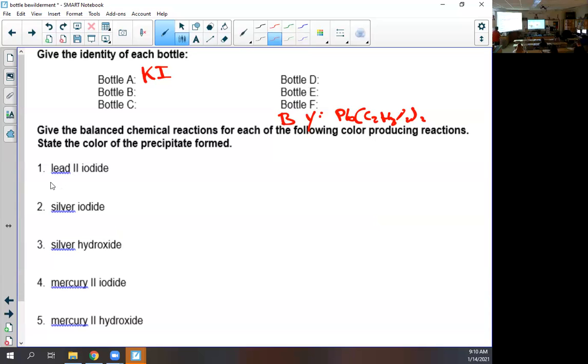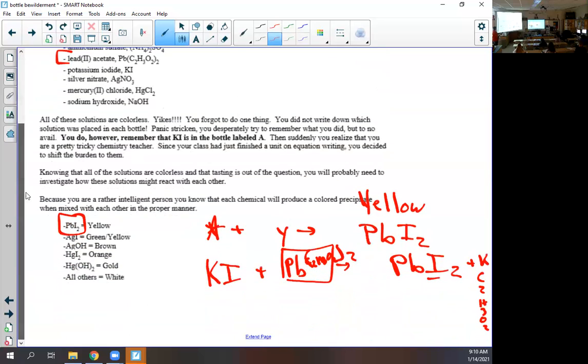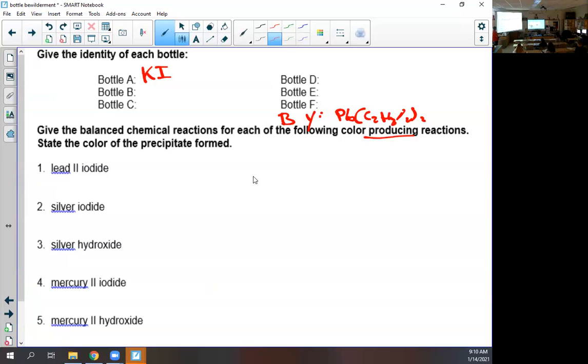Okay, final thing. Down here it says give the balanced chemical equation for each of the following color-producing reactions. So lead II iodide. What you need to do here is you come back and you find lead II iodide on the instructions. It's PbI2. It's the one we already did. So we would say we have our arrow, and this thing is always the product. So I'm going to put PbI2. And then we know it has to come from KI